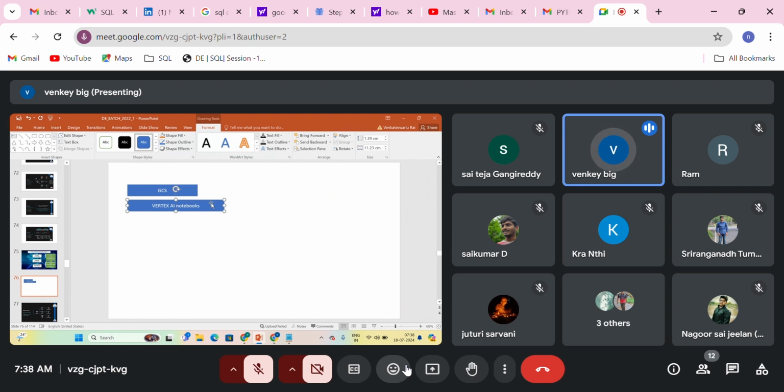So in Google Cloud platform also, we can log into a Linux machine, and then we can do our things from there. These Vertex AI notebooks are literally like Linux virtual machines. And for any project, we can create n number of virtual machines. There is no limitation. This virtual machine will be utilized to log in and connect to different services that are out there in the Google Cloud platform.